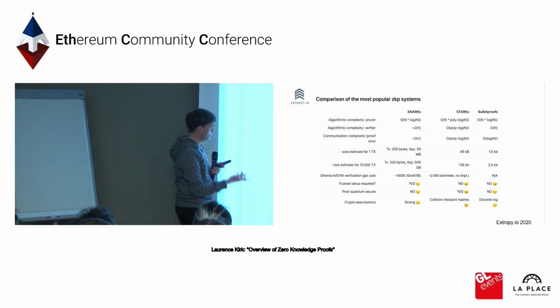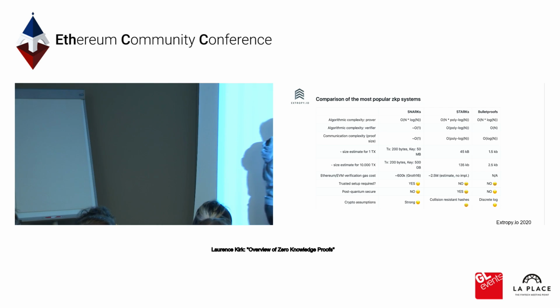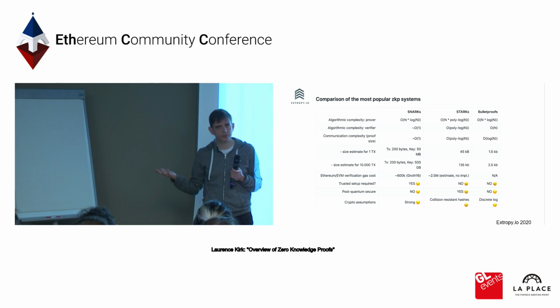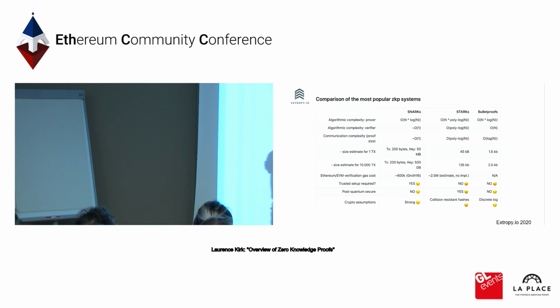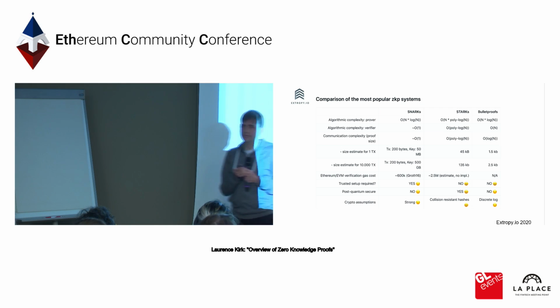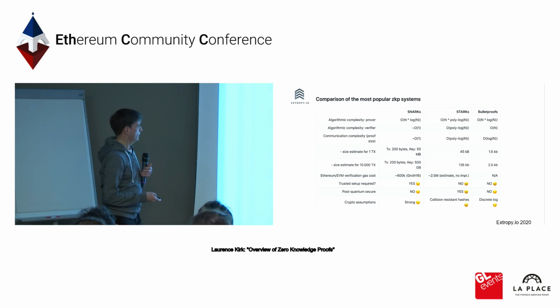But they have disadvantages. So we have some strong cryptographic assumptions underlying our SNARKs, whereas for a STARK, we just say we need to agree on some hashes. And then STARKs have the additional advantage, because of their reliance just on hashes, that they are post-quantum resistant. So yeah, there's a lot of research going on in that area.